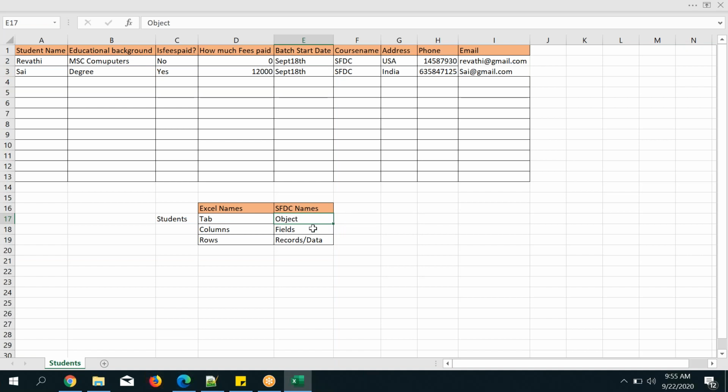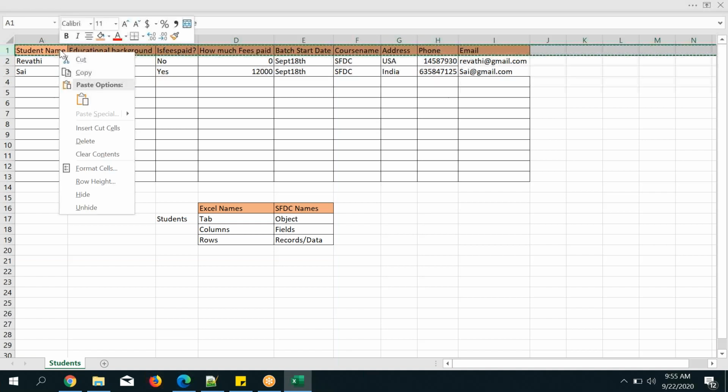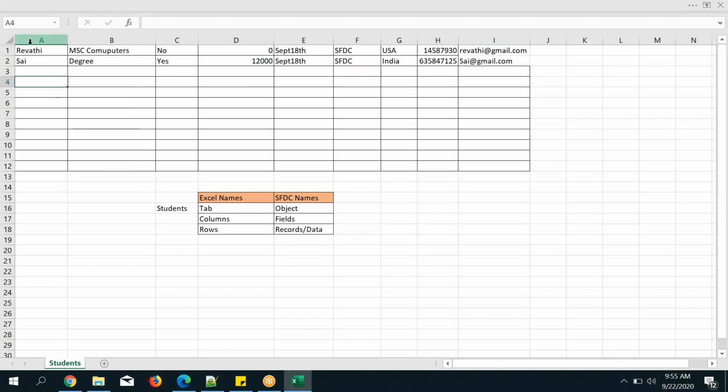Once I create the object, what do I need to create? Fields. Once I have fields, then only can I create records. If I delete the column headings, what is this data? We don't know, right?